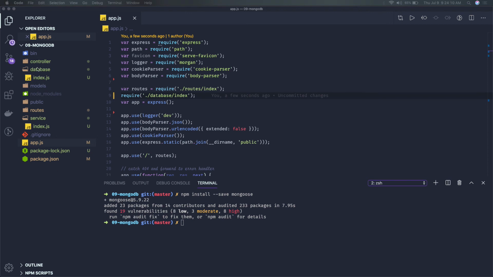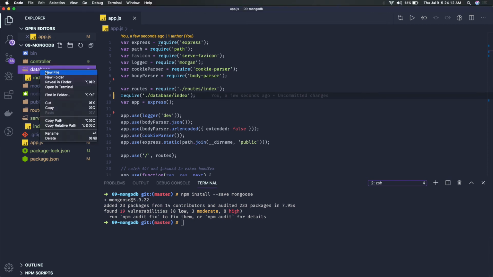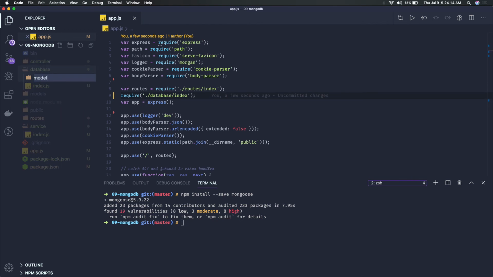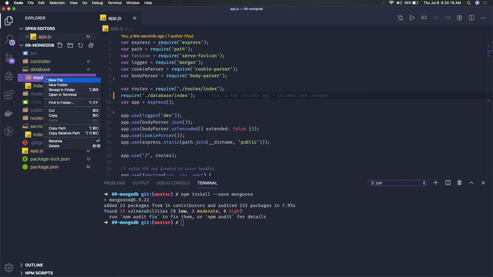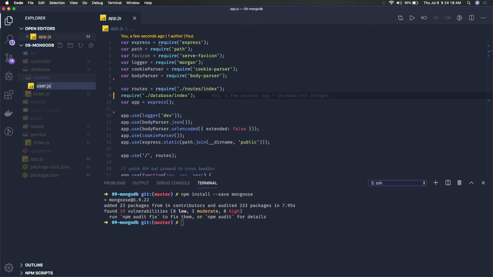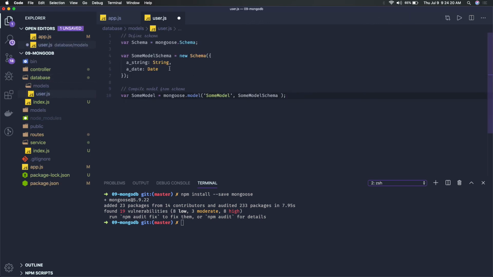So in the database itself we can create models, and I can have user.js, which is a simple structure of creating a model. Let's replace this with a user model schema, and here I'm going to have username.